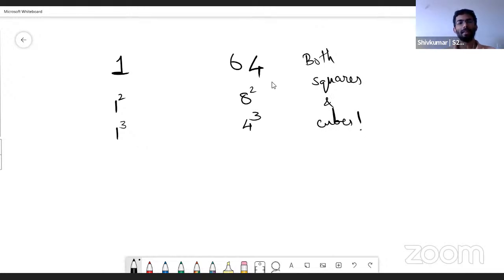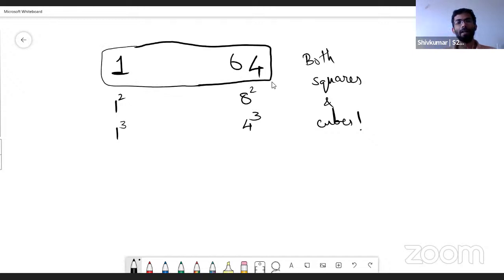Okay. So at this point, are any questions coming to your mind? So Shiv, one more observation is both have a common factor of 1. Very nice. Absolutely, yes. So as I said, these 2 numbers share many common properties. But for now, we will just focus on this property of both of them being a perfect square as well as a perfect cube. Very interesting.